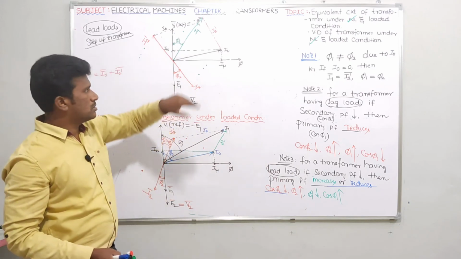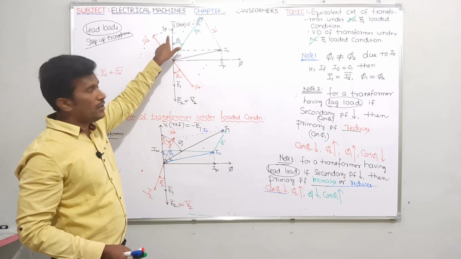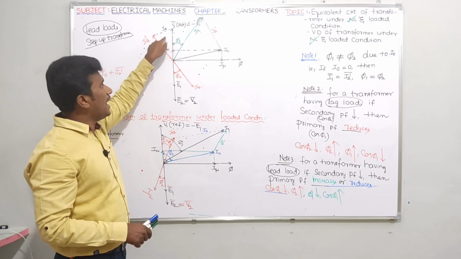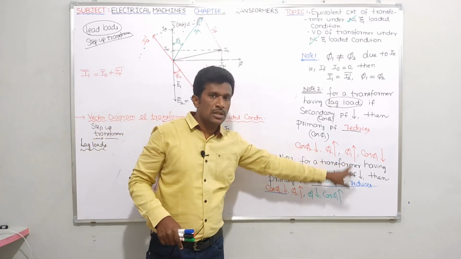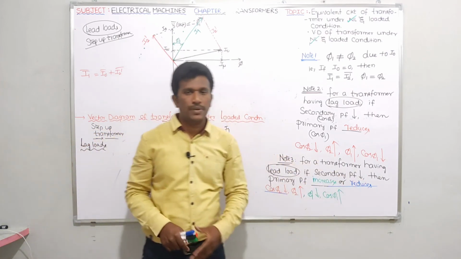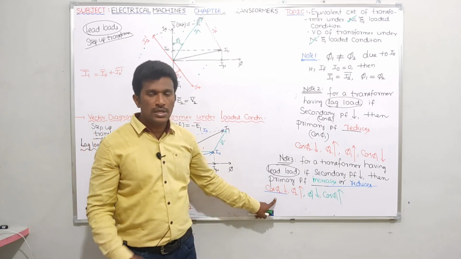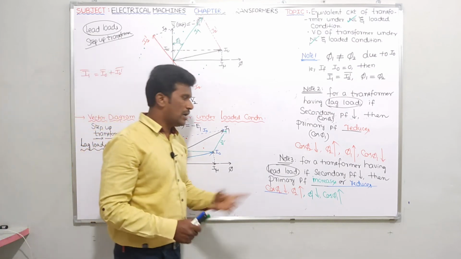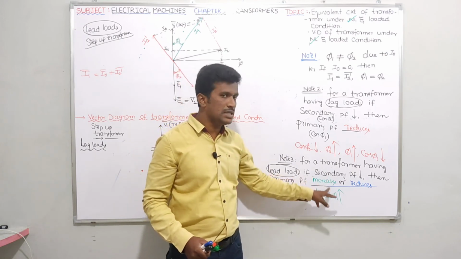Suppose you reduce cos phi 2 a lot and I1 crosses the V1 vector. If you are still reducing cos phi 2, the angle between I1 and V1 will start increasing now. Pi 1 will increase, therefore cos phi 1 will reduce. Therefore the answer, increases or reduces, depends on how much variation you make to cos phi 2. So simply remember, guys: for lead loads, if secondary power factor reduces, then primary power factor increases or reduces.